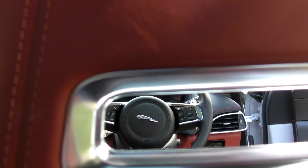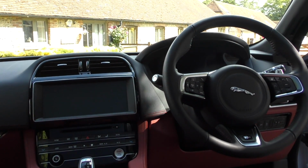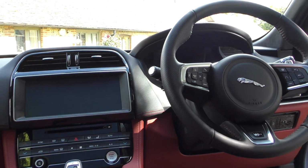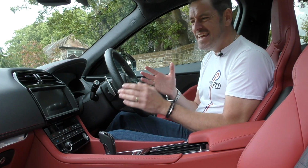And you've just got this cockpit that surrounds you, and the steering wheel feels great. It's got a nice chunky feel to it, and you can get really super comfy very, very easily. But yeah, it's a really special cabin. Now, my review today isn't going to be...